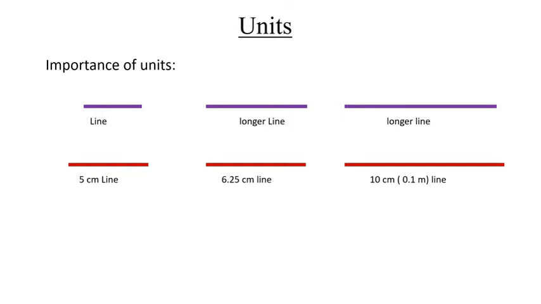So if I say to another person to draw a 20 centimeter long line, he will not be thinking about how long or how short that is. He knows exactly how much 10 centimeter is or 20 centimeter is. So that's why we need units to be able to describe exactly.